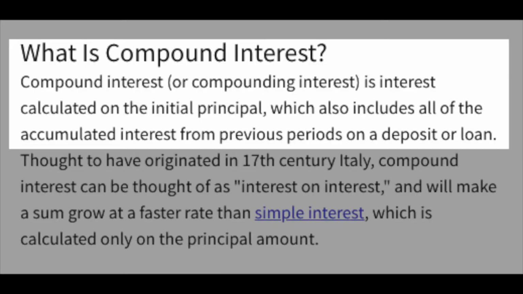Cut me some slack. According to Investopedia, compound interest is defined as the interest calculated on the initial principal, which also includes all of the accumulated interest from previous periods on a deposit or on a loan. Remember, your principal investment is just the money that you've put into the account, while your interest that you've accumulated are the earnings for just having the money in there in the first place. Compound interest also grows your portfolio much more rapidly than simple interest.